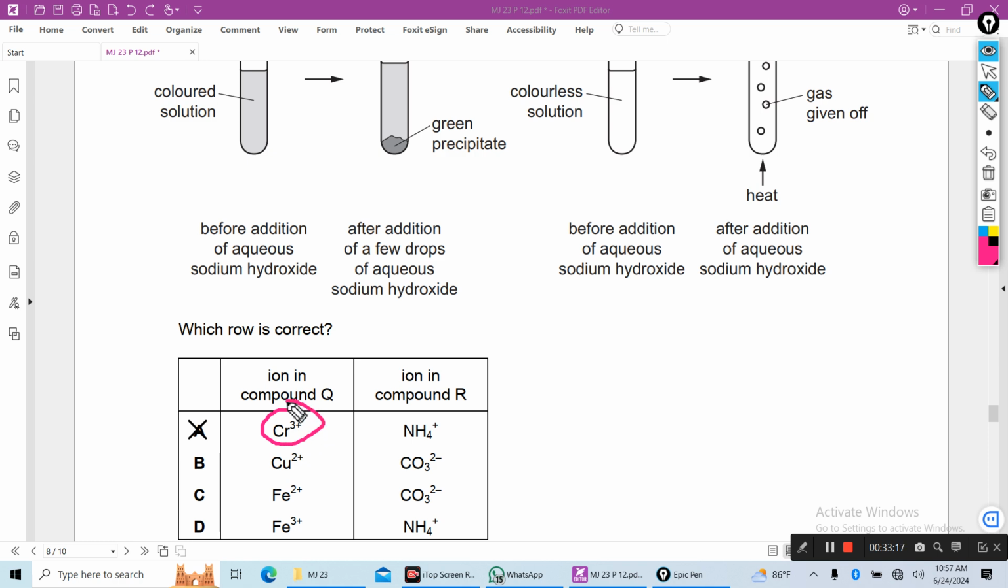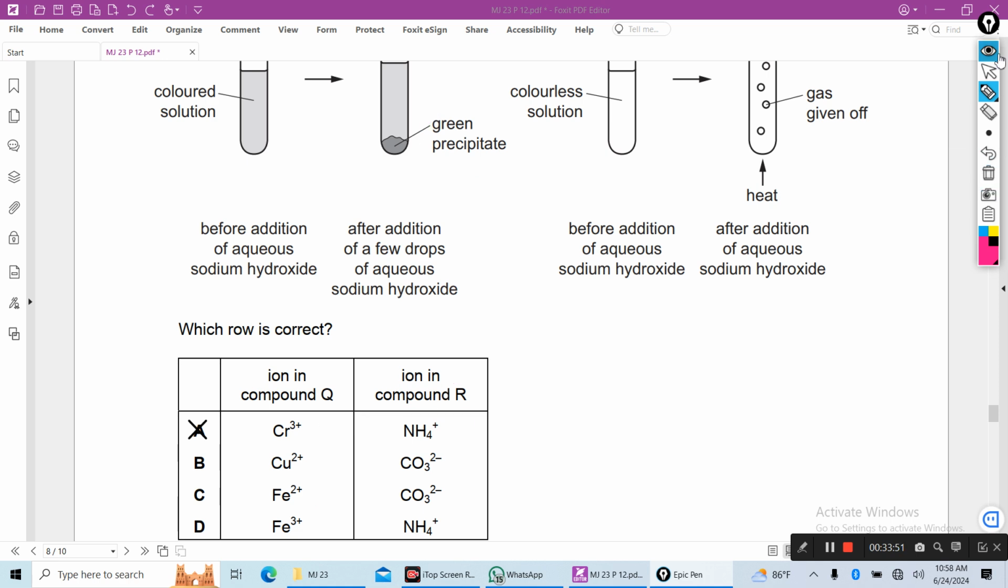Chromium hydroxide is a green precipitate, and iron(II) hydroxide is also a green precipitate, but copper(II) hydroxide is a blue precipitate, and iron(III) hydroxide is a red-brown precipitate. So the first answer may be chromium(III) or iron(II) because they form a green precipitate. Now you see the second part, the ion of compound R. This is the right answer,